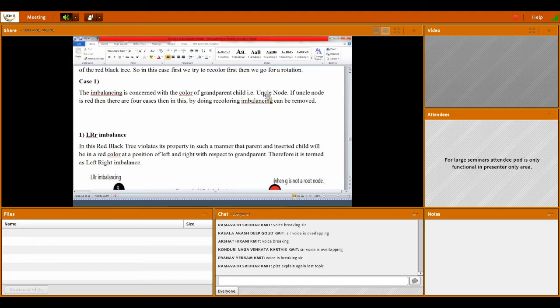The first one is the left, right, red imbalance. There are 4 of them, called capital L, capital R, left, right recoloring, small r recoloring.